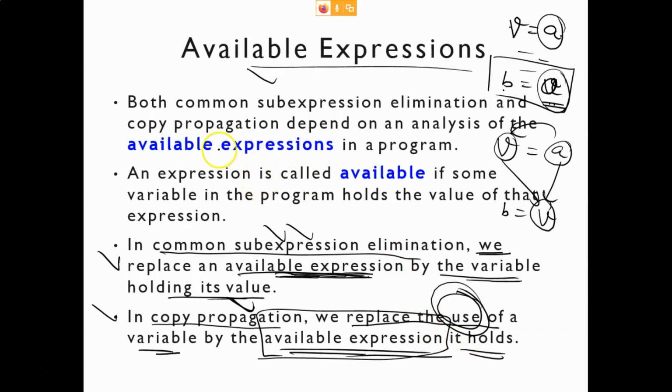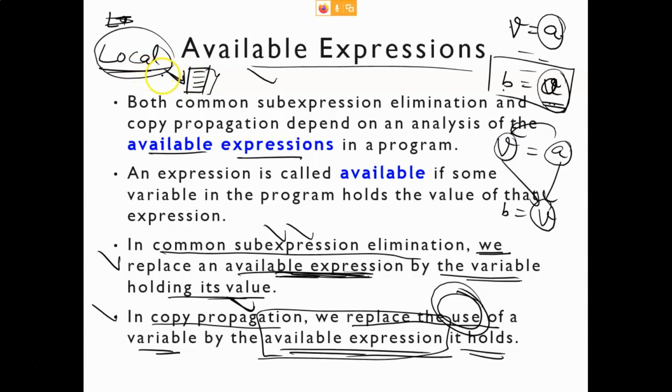Now we will see what is available expression analysis. For that we need to find what is the available expression. Also, as I told you, in our GATE syllabus we only have local optimization. So what is local optimization? It means optimization which takes place inside a basic block. You have a basic block and inside this basic block you are doing some optimization. That is your local optimization. We have something called global optimization also, in which we do the analysis and the optimization on the complete control flow graph, basically among the basic blocks. But right now our focus will be on local optimization.